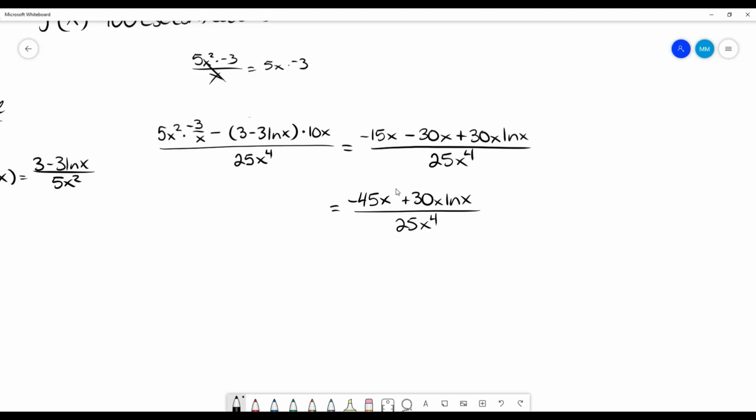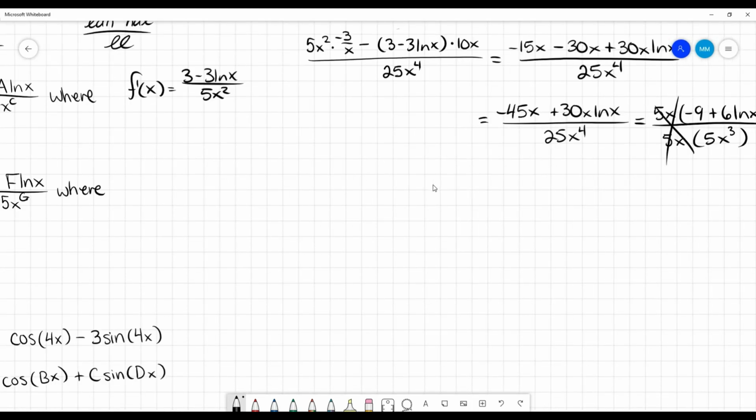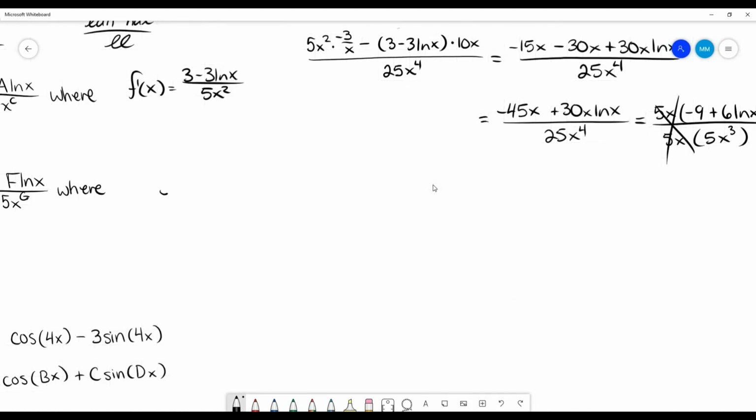Again, I see I can factor out a 5. And in this case, I can actually factor out a 5x because I've got an x in every term. So if I factor out a 5x, that's going to get me negative 9 plus 6 natural log of x over 5x times 5x cubed. Those cancel. And now, I'm going to bring it over here. We are left with, like I just found,